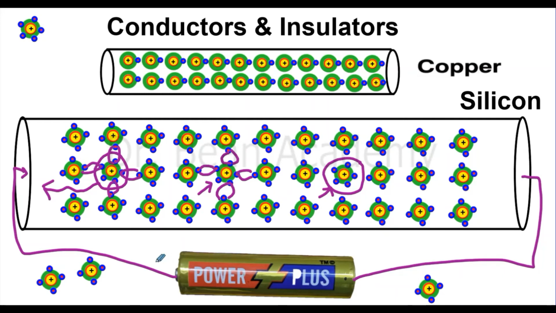And now if I connect this battery with this material, I will get some current flow. And how much current will I get? It depends how many silicon atoms I replace with this pentavalent material,